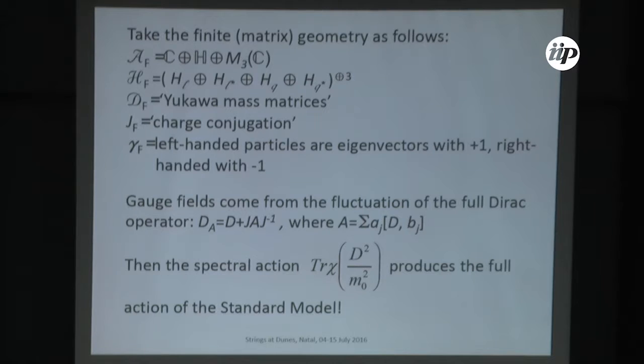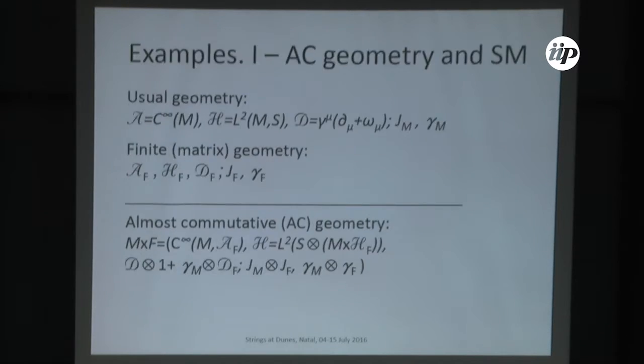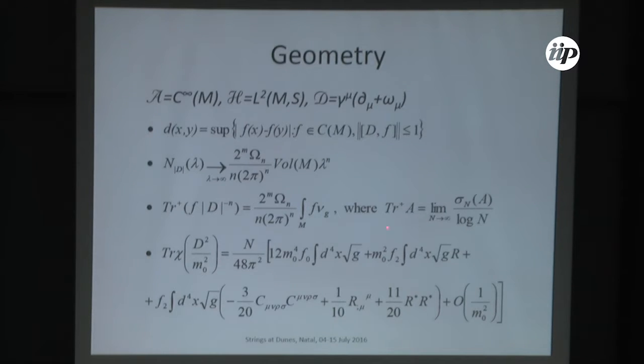Because you're interested in the infrared, you do this heat kernel expansion, which I did not write. But the point is that you will recover exactly this, for example the first two terms. If you need to go further, you can produce some corrections. But of course, you understand that in this order you will reproduce the F squared term, Yang-Mills, you will reproduce all this stuff.